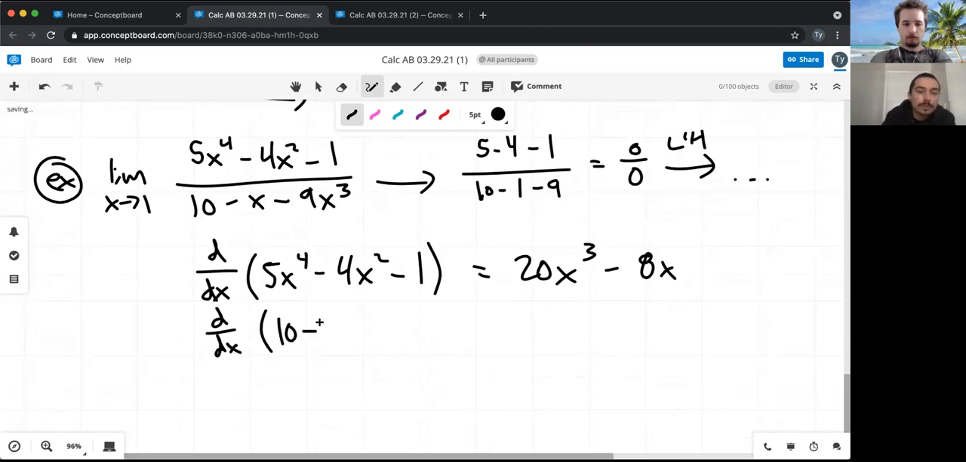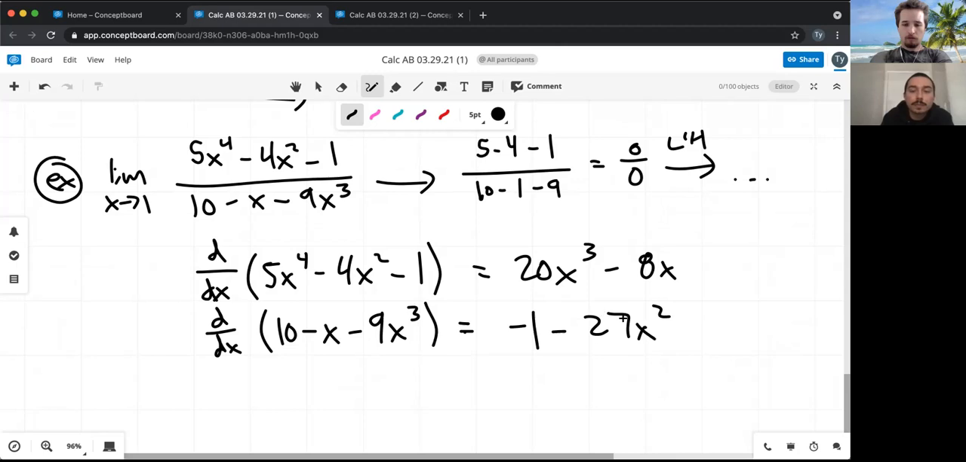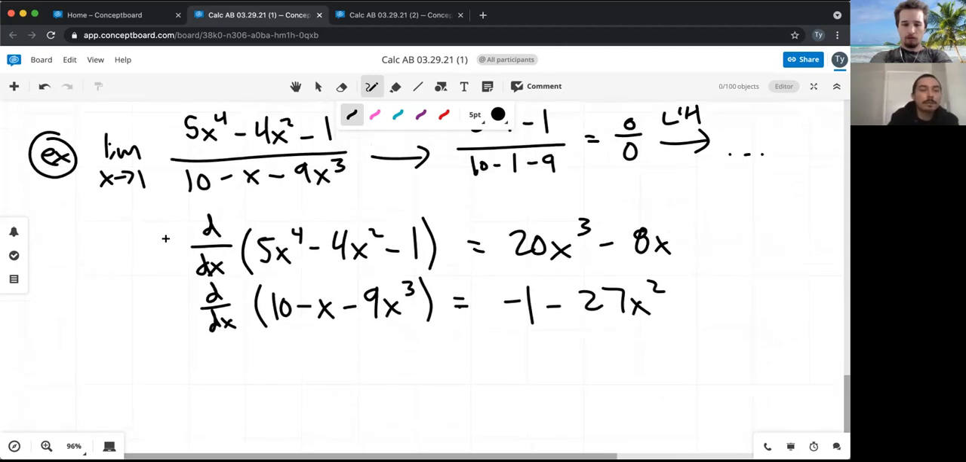We do the same for the bottom. We want its derivative. Derivative of a constant is 0. Derivative of negative x is negative 1. And the derivative of negative 9x cubed is negative 27x squared, right? Power rule of 3 times 9 is 27. Decrease the power. Okay, so by L'Hopital's rule,